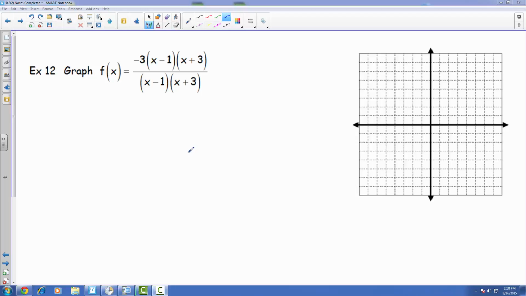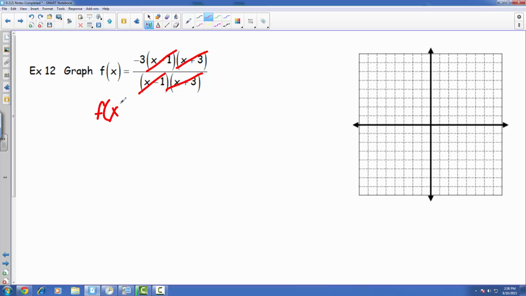Here we are at example 12 from the 0.2 number 2 set of notes. We're asked to graph this rational function. Now the beautiful thing about this is that everything is actually already factored for us. So we notice this x plus 1, there's 1 on top, and there's also 1 on bottom. We can go ahead and cancel those out. This x plus 3 can just simply cancel with this x plus 3 on the bottom, and so our final